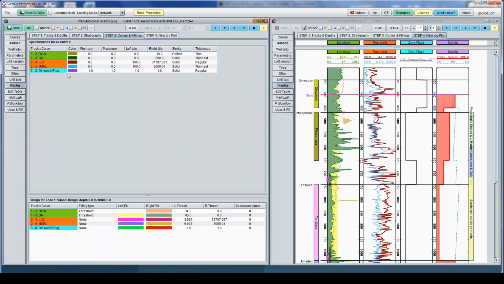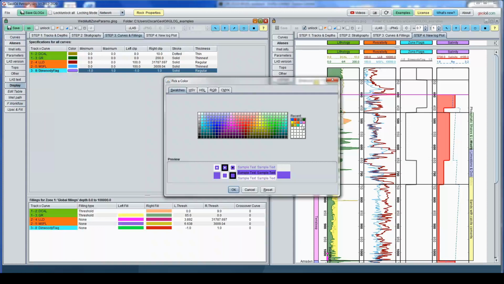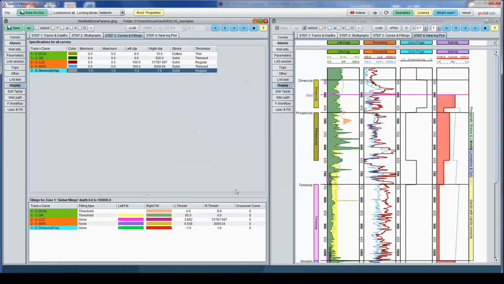The Dinwoody flag, let's choose a color. Let's choose something like gray. And okay, so the minimum and maximum of the curve are minus 1 to plus 1, but we wouldn't like those values to touch exactly the walls of the frame. So let's go a little bit to the left, a little more to the right, minus 1.5, 1.5.